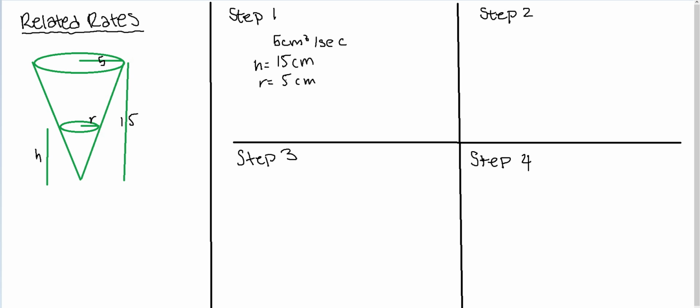So over on the left-hand side, we have a visualization of what is going on. We can see our conical container, and we can see that we have a height of 15 and a base radius of 5, but we do have something called similar cones, which is similar to the concept of similar triangles. Okay, so we know that the volume of a cone is V equals 1/3 pi r